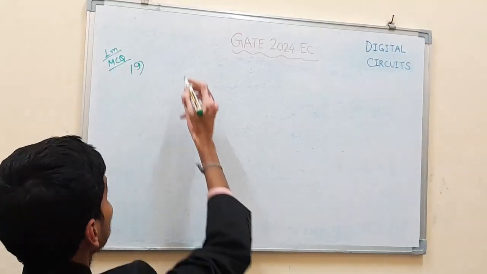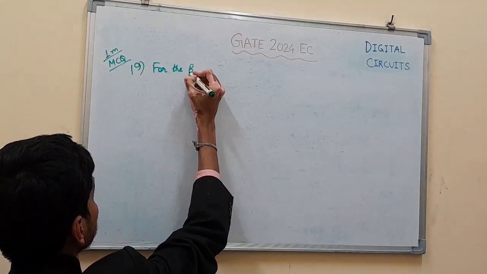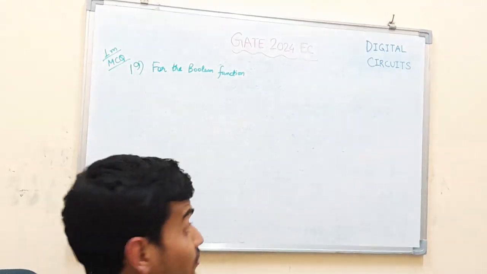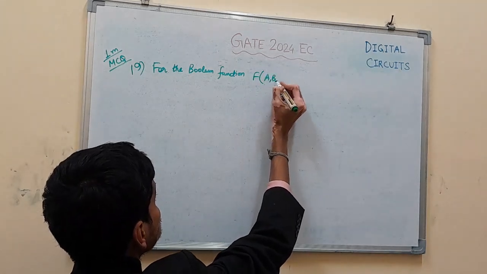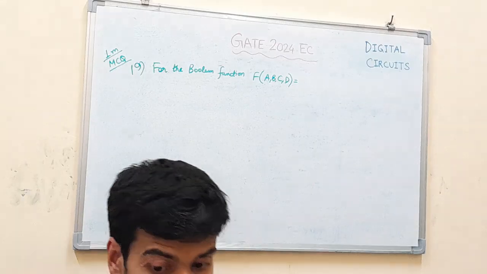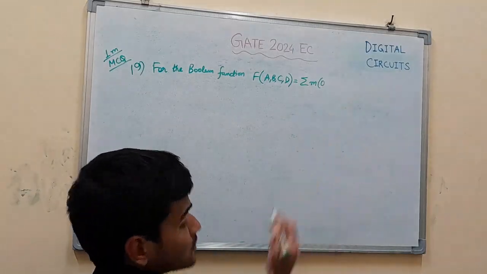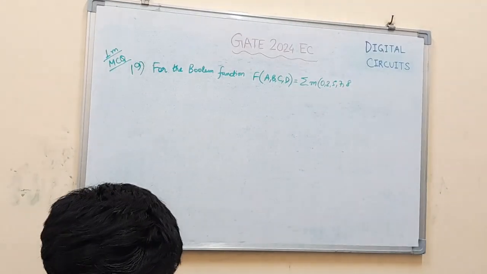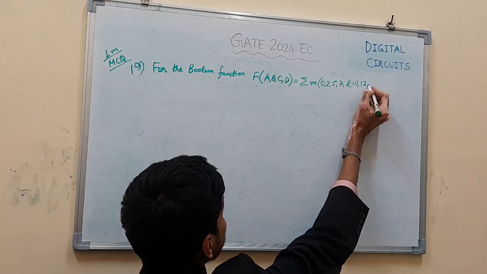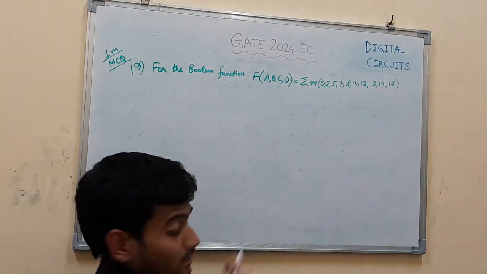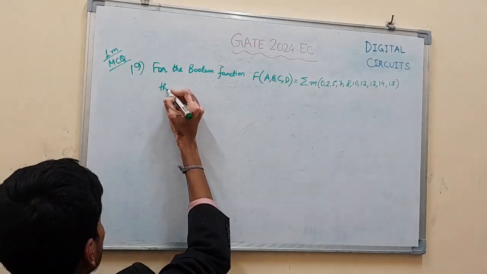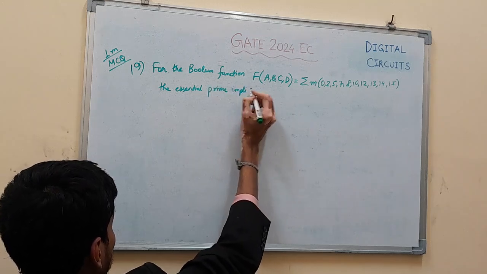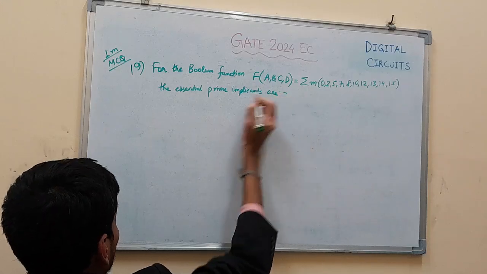So this is given as, for the Boolean function f of ABCD equal to summation m 0 to 5, 7, 8, 10, 12, 13, 14, 15. The essential prime implicants are